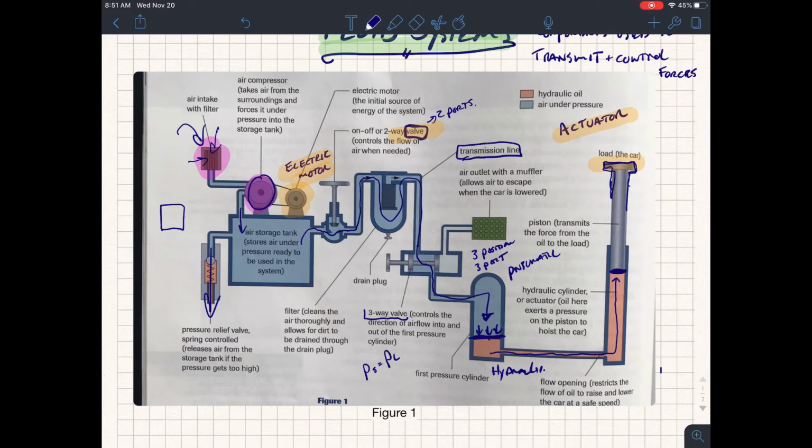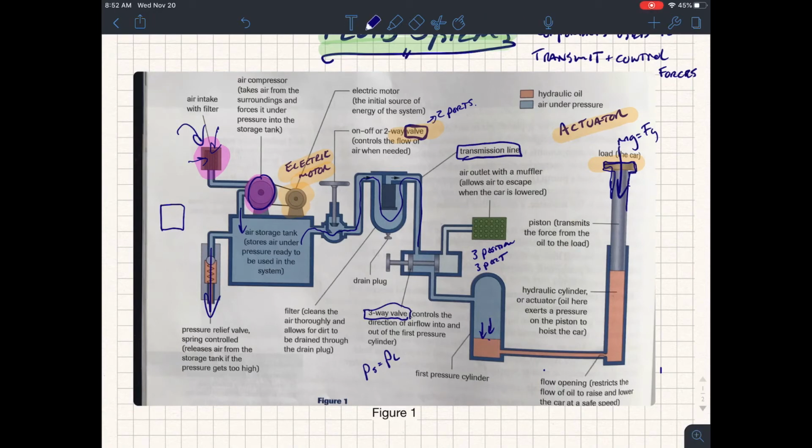Okay, so when we want to lower the car, let's get rid of this stuff. Simplify the diagram. When we want to lower the car, we don't want to lift it anymore. What we have to do is allow the mass, the mg, which is the weight, of course, the force due to gravity, to exceed the force that's pushing down here. So how do we release the force that the compressed gas is applying to the fluid? Well, we need to use this